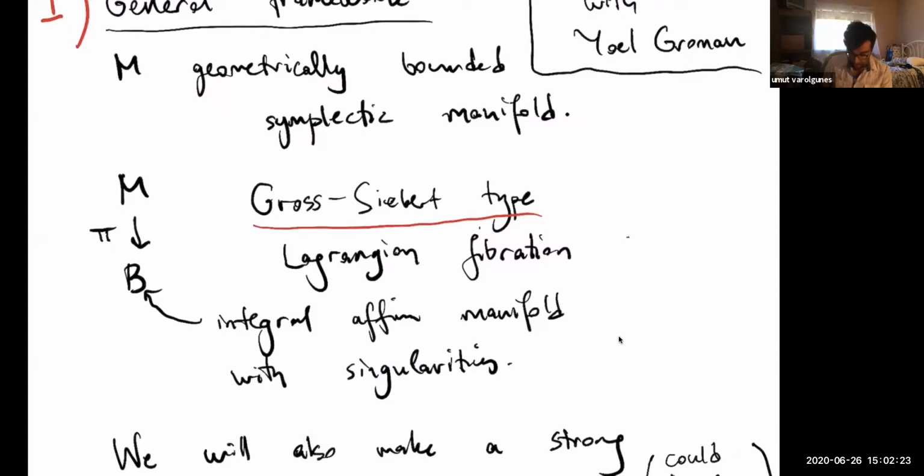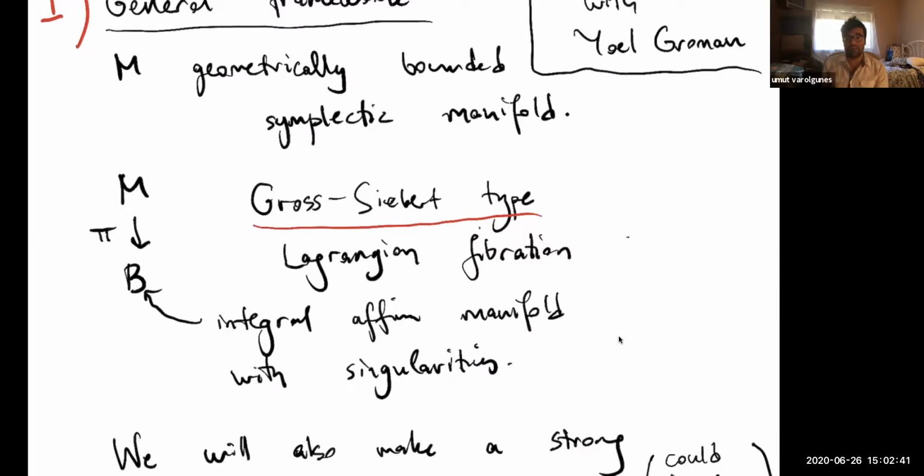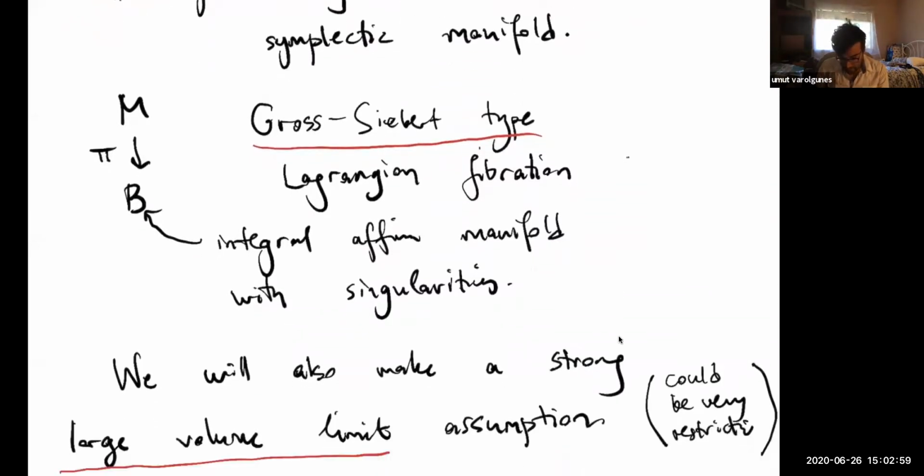Now I have the M, and I also have some Lagrangian fibration. This Lagrangian fibration, of Gross-Siebert type, has become some kind of vague description. It's a little vague, and I will keep it vague, but it really restricts the kind of singularities that this fibration can be allowed to have. I won't actually spell out what kind of singularities are allowed in general, just in 2 dimensions, and that will be later.